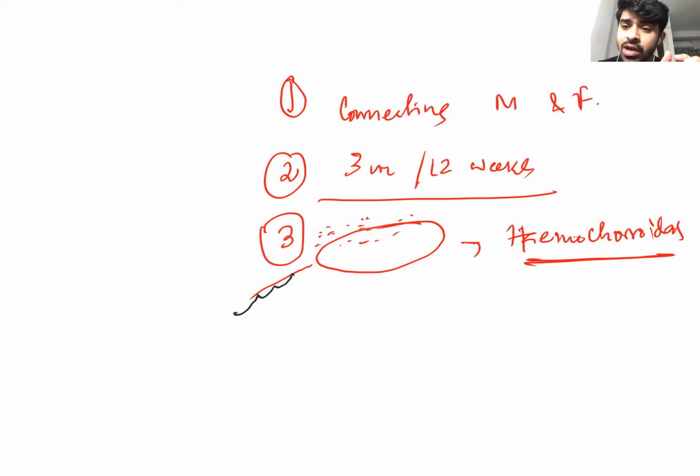The endometrium is modified during the pregnancy, and it encapsulates the fetus so that it can hold the fetus in proper position. But don't ever think that, suppose this is the mother's body, the mother's tissue, and this is the mother's blood. Don't think that this is the blood vessel of the mother and this is the fetus, because you have to think about the wall of the mother's blood.